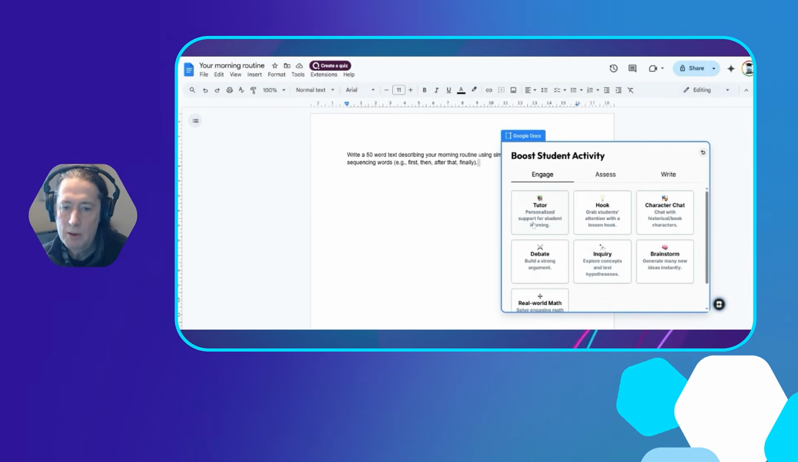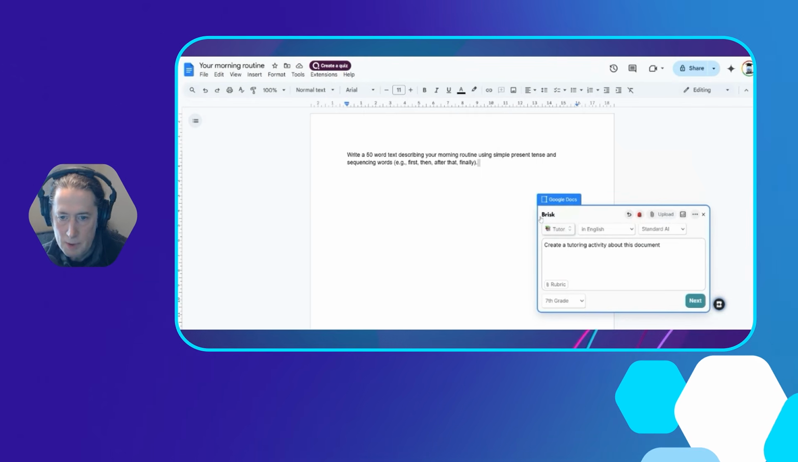Okay, and then I'm going to go to the Engage option and choose Tutor. And so from here, as you can see, it says create a tutoring activity about this document. Okay, I could put in more detail about this, but that's fine for now. And I click Next